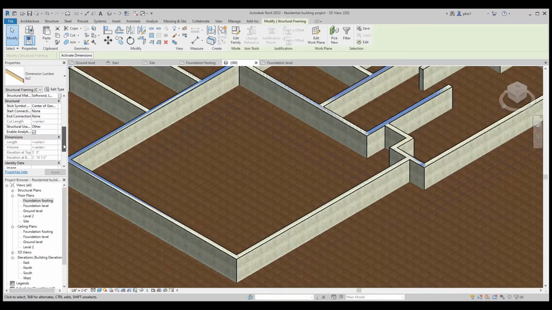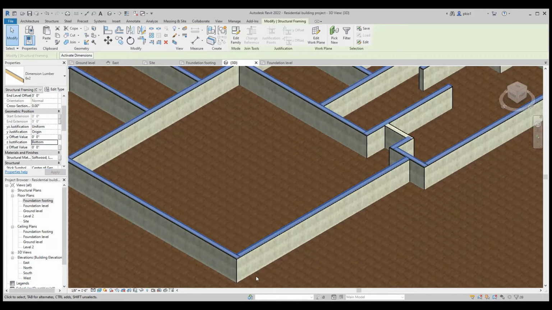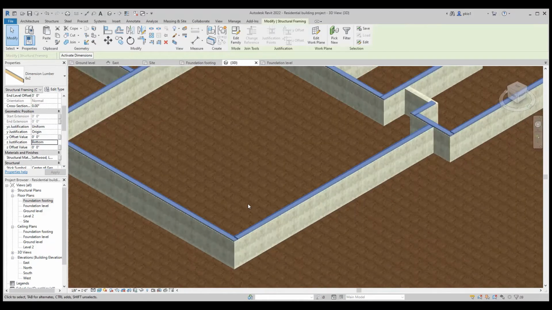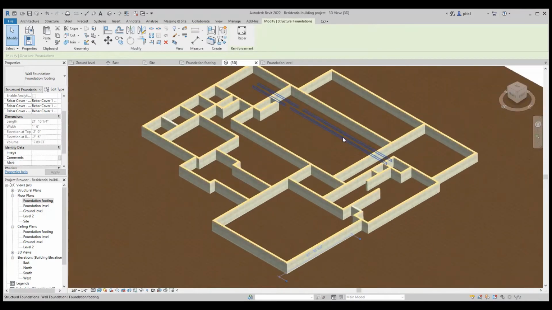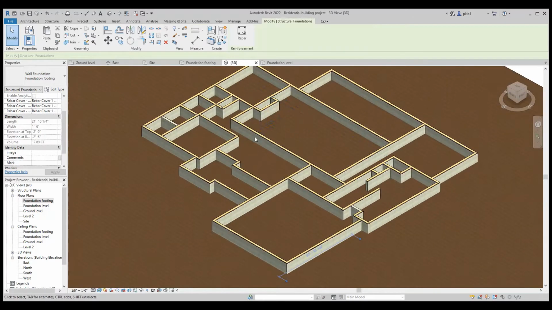Now we go to Z justification. Instead of top, let's change it to bottom and say apply. And therefore the seal plate is sitting on the wall now. If we look at it, we can see that the seal plate is above the foundation walls.